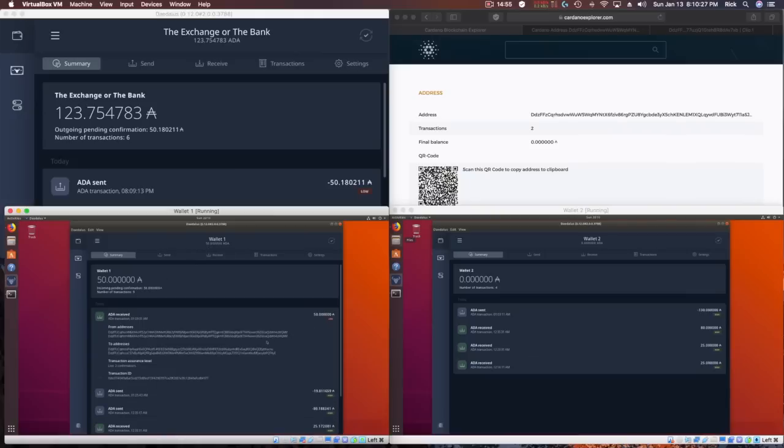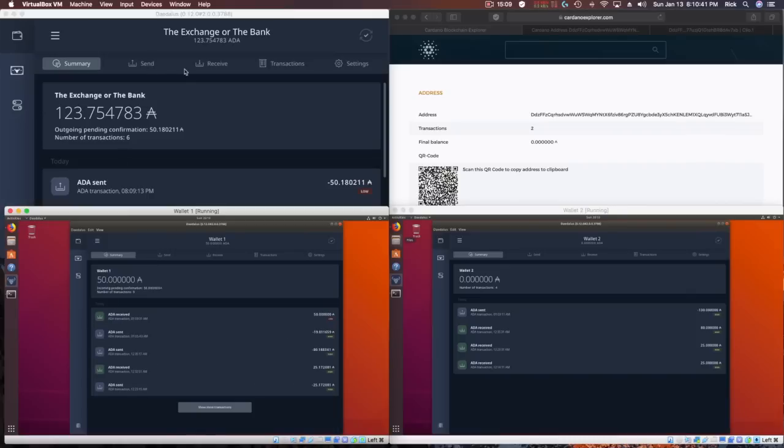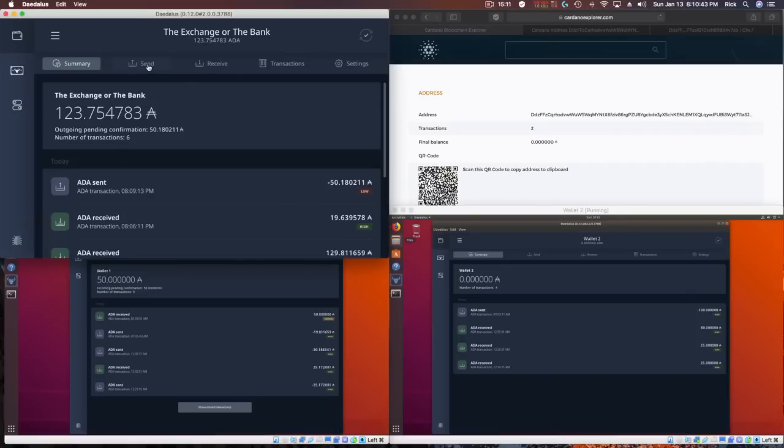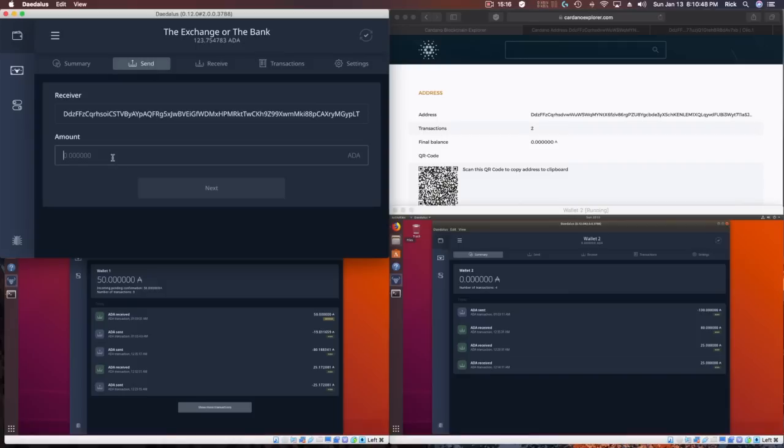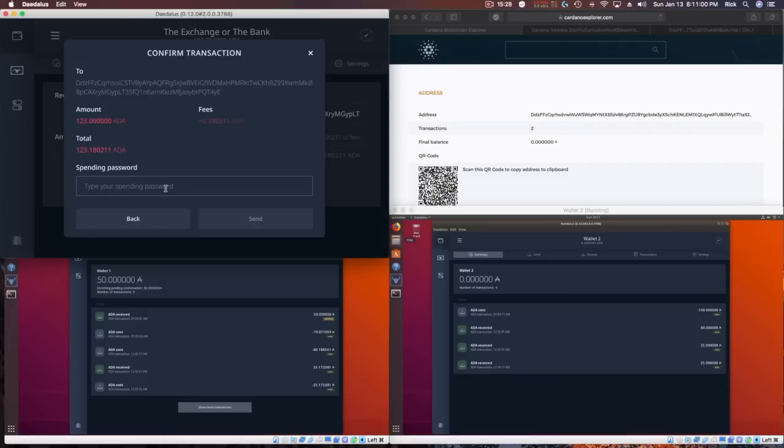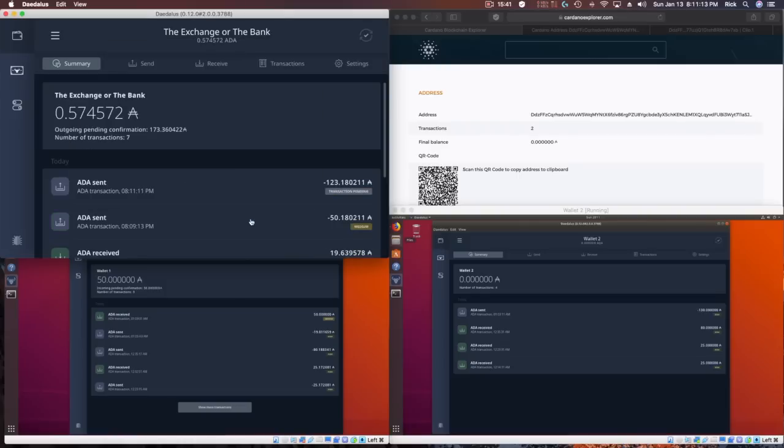And I'm pretty sure we're going to see more than one address here, because if you recall, once I exceed a certain amount, it's going to pull the ADA from different addresses from up here in the bank. So let's see if that's what it does. Let's send a remainder. So now I sent 123, which is all the money in the bank, except for this little bit here. The cool thing about ADA, it doesn't have something called dust. But I sent all the money in the bank,